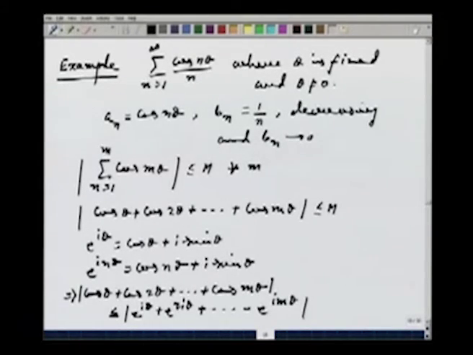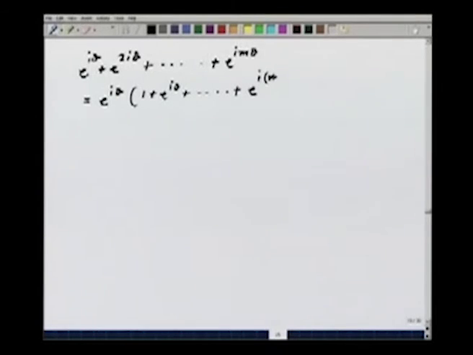Now notice that the right hand side sum I can actually calculate because it is a geometric series with common ratio e to the power i theta. So I am going to use that e to the power i theta plus e to the power twice i theta plus up to e to the power i m theta, that I can write as e to the power i theta into 1 plus e to the power i theta up to e to the power i m minus 1 theta, which then by a well known formula of GP series is 1 minus